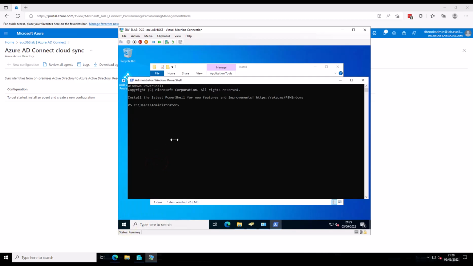So if we head back over to the server where we installed the provisioning agent, open up an admin PowerShell prompt. If we then do Import-Module, the path where the DLL is located, and then Microsoft cloud, and we are looking for the PowerShell DLL, and if we import that module,